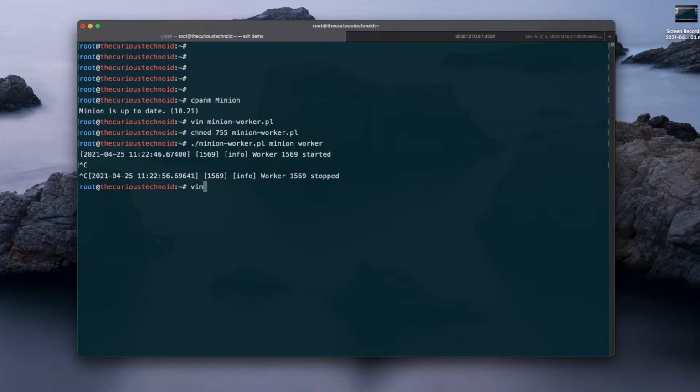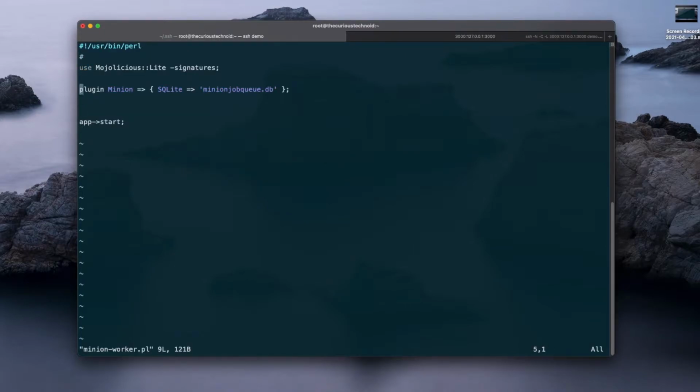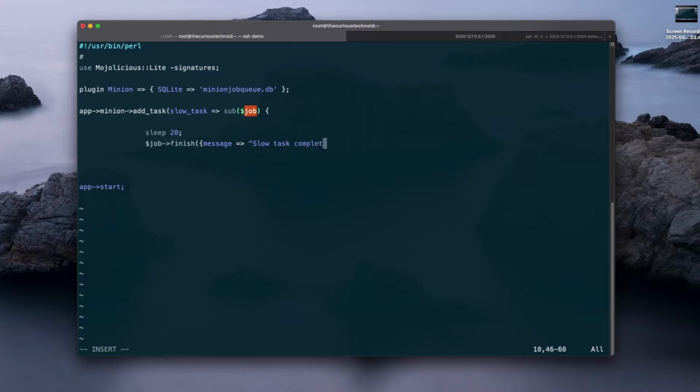Let me reopen the worker file. I'll create two dummy tasks for this demonstration. Let's call the first one slow task. I'll just let the program sleep for 20 seconds. Once the job is completed, we will display a message saying slow task completed.